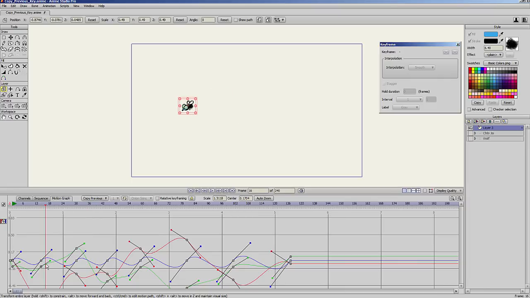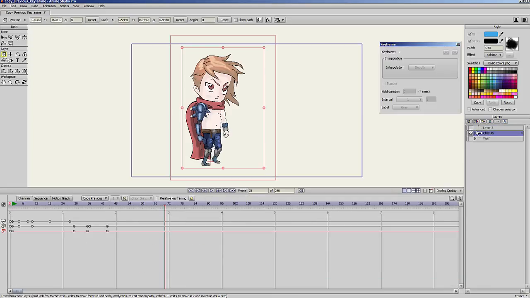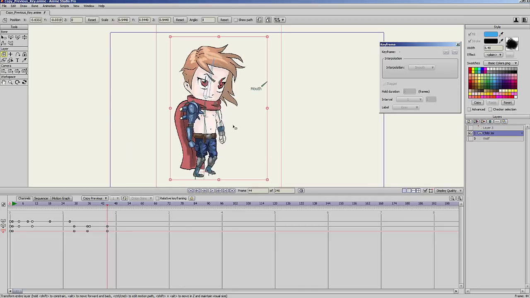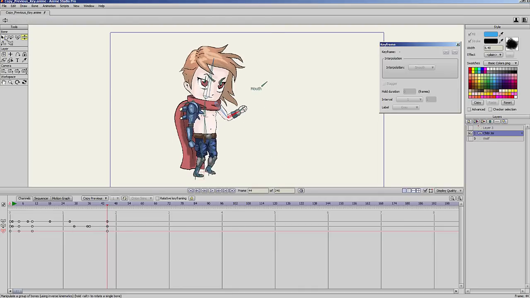So of course, if you move the handles in a different way, you will have a better or worse movement. But you can see how you can create different kind of movement by using this new copy previous keyframe option. So finally, I want to show you that, for example, if I have this arm here and I select the bones and the keyframe for this bone, I can set a stagger. I can add some hold to these keyframes. Maybe I can add an interval, and I can add a color and a different